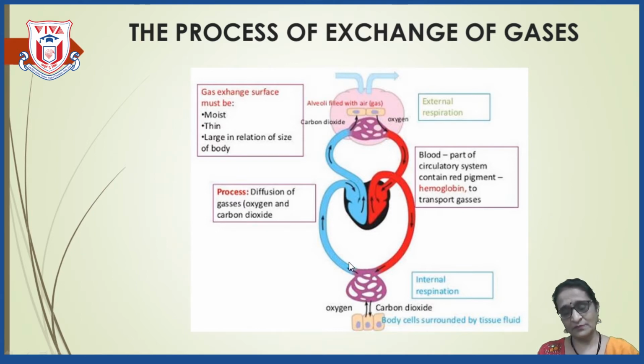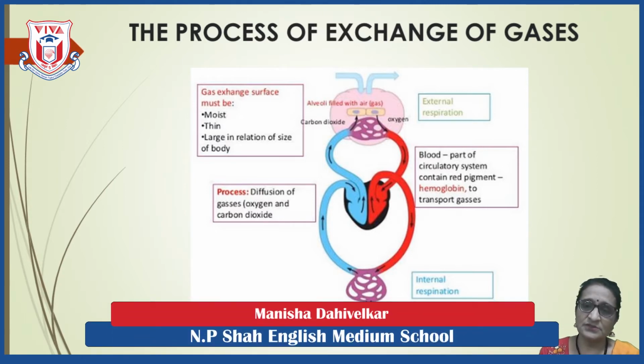Now from the different parts of the body, tissues and cells, waste gases like carbon dioxide are brought back by veins into the heart, by the vena cava. You all know that, right? Now from the heart, this deoxygenated blood, which has carbon dioxide and the waste gases, will be taken to the